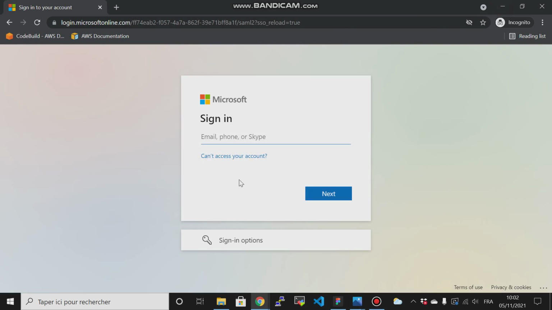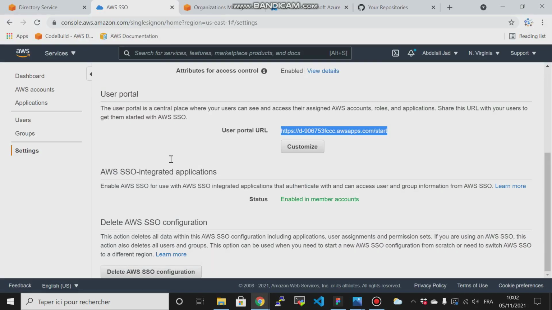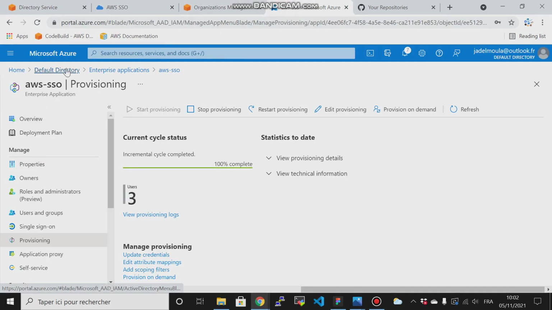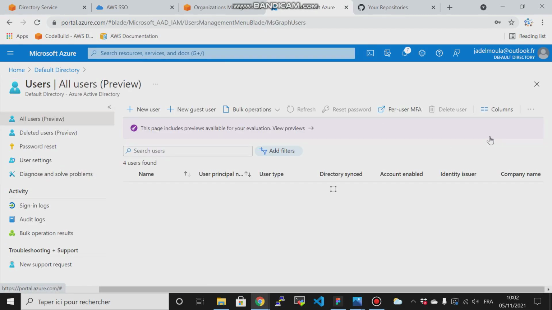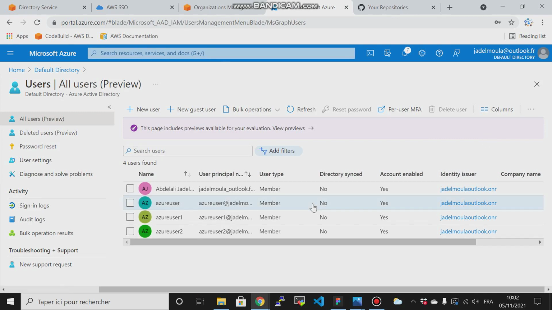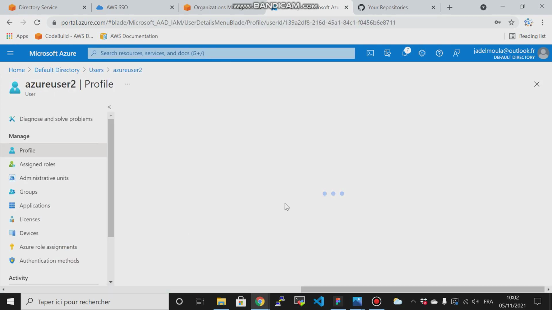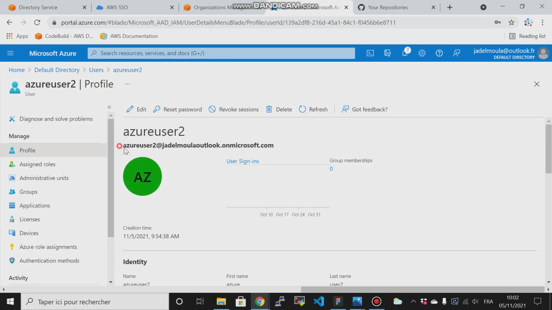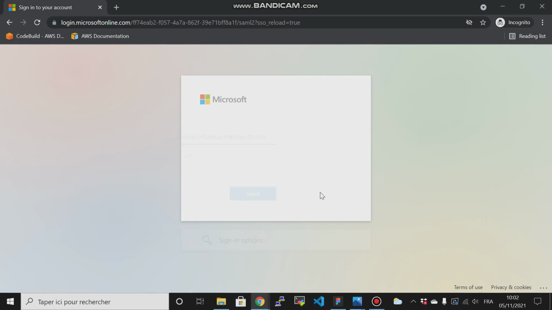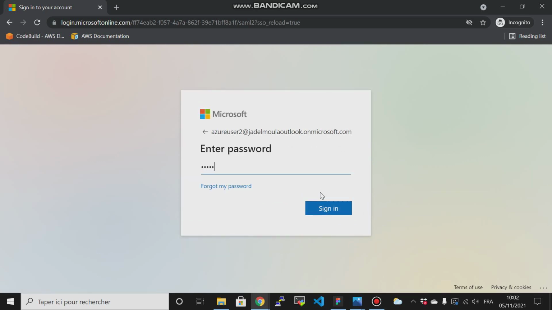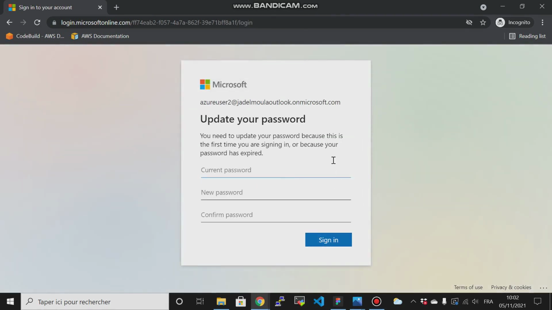So what I will do is come back to my Active Directory. I could not remember that user, and then default directory, and to users, and I will choose the last one here. I will copy its email and paste it here. We'll click on next. You have to enter the password. Because I'm signing in with this user for the first time, then the Microsoft